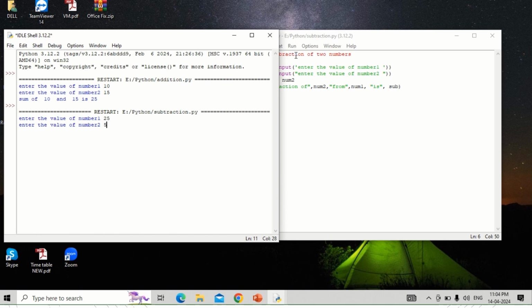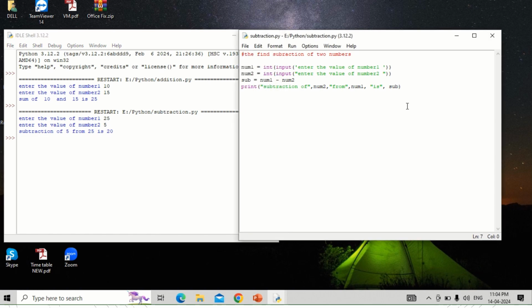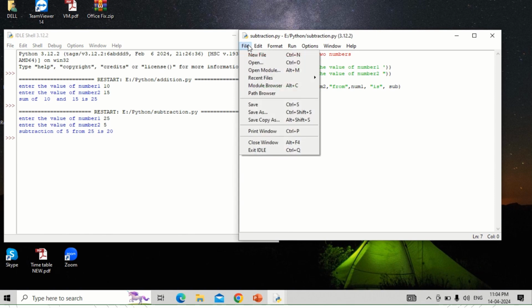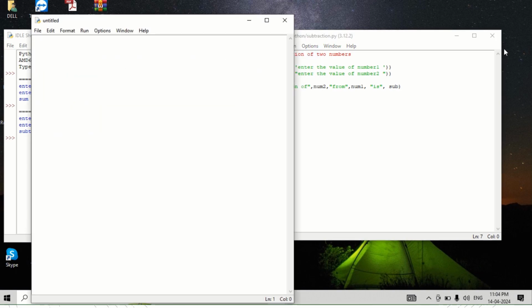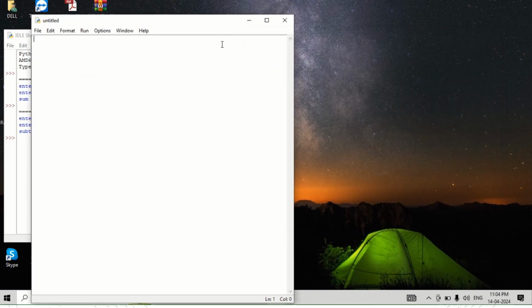So what should be the output now? Subtraction of 5 from 25 is 20. So you can see subtraction of 5 from 25 is 20. Now instead of using the same thing, I will make a new file by clicking on new and then click on new file. So I'll close the earlier one,